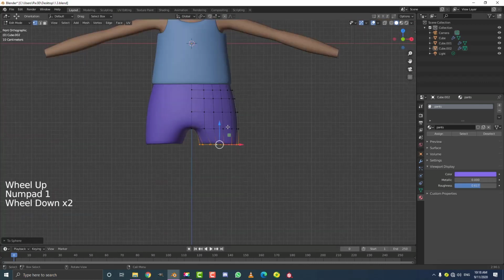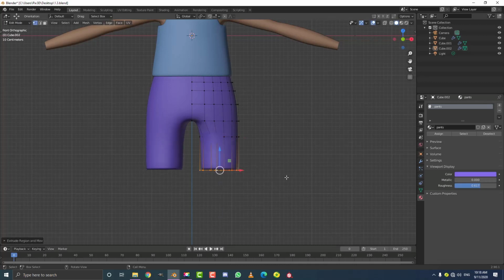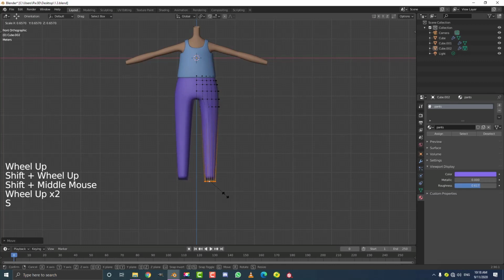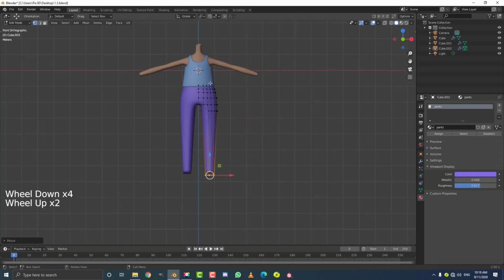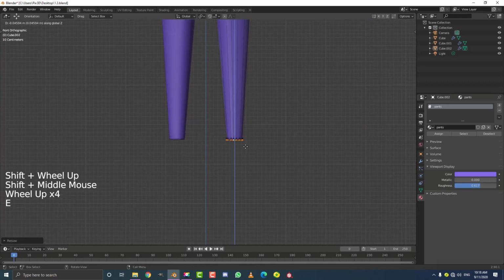Now in our front view, I'm going to go E to extrude, Z, extrude down on the Z, and extrude to about here, S to scale down. In fact, let's just bring it down to the very bottom, to where the legs are going to be. So you can make your character as tall as you want, but I'm going to go with something like this. So about this much, probably about 2.5 times the height of the body here, the shirt. So about here, S to scale that down like this,